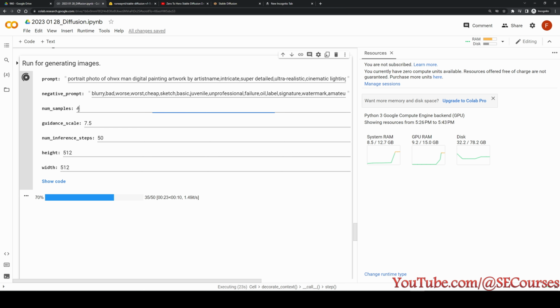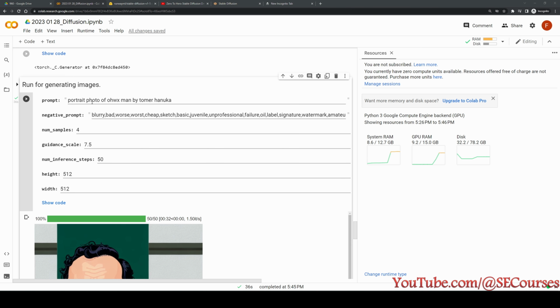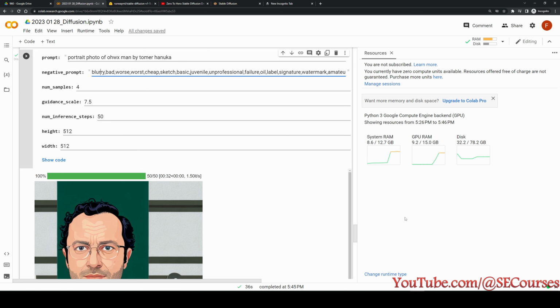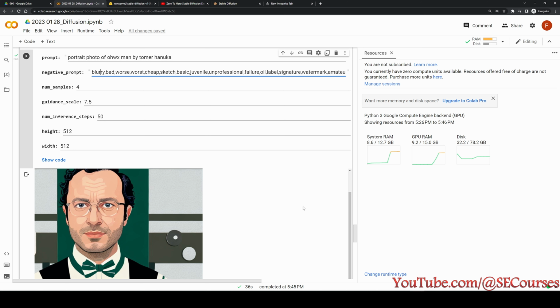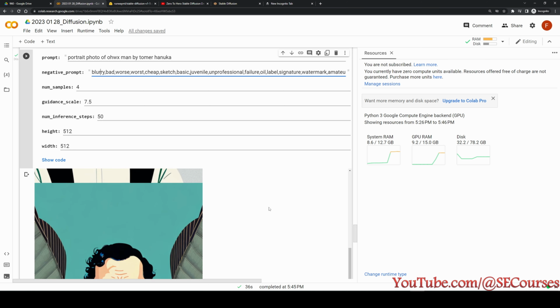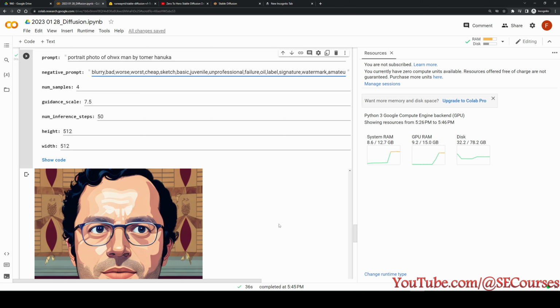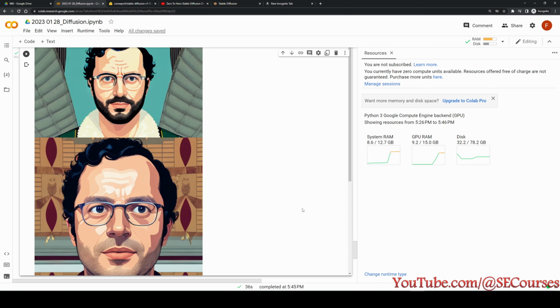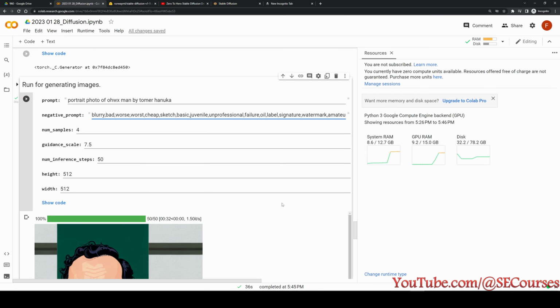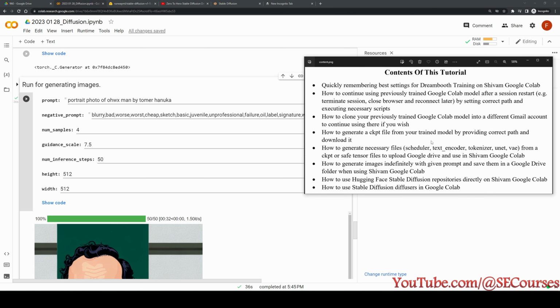Okay, and if you increase this number, it will increase your VRAM usage. I have applied a stylized prompt, and I didn't add any other prompts, just some basic negative prompts, and you see it is extremely stylized, so there is no overtraining. When you are working with Stable Diffusion, you should generate hundreds of images to pick the best ones that you like. Now we can move to the next topic we are going to cover.